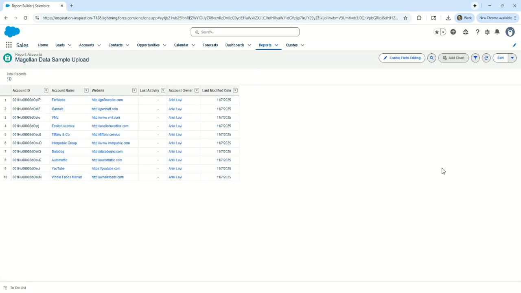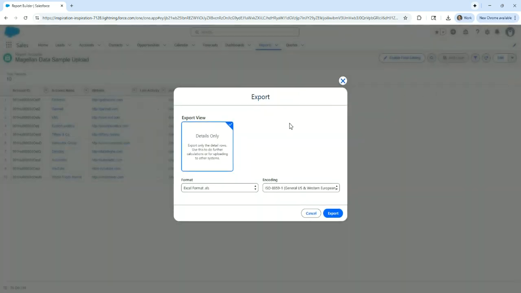And I see my preview screen. Always a great idea to double check, make sure things are in the right order and that you have all the data that you want to see. So we are going to be ready to export. So where you see Edit over in the far right, we're going to click the little drop down arrow and hit Export. You may see multiple options for export view here, where details only is the only one I'm seeing,